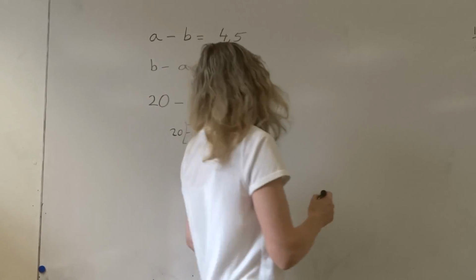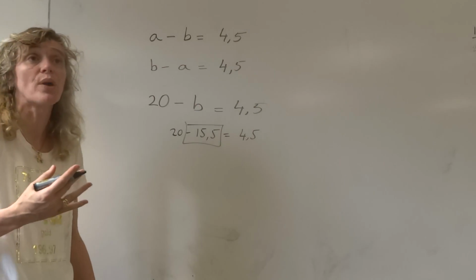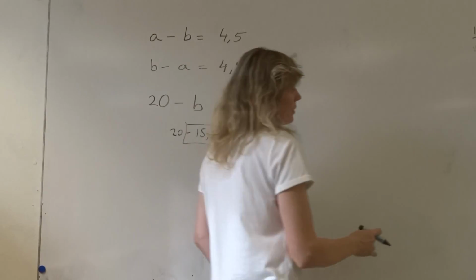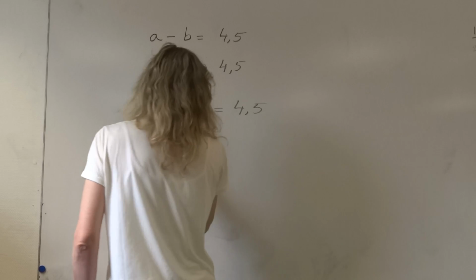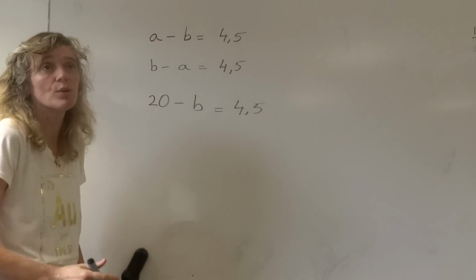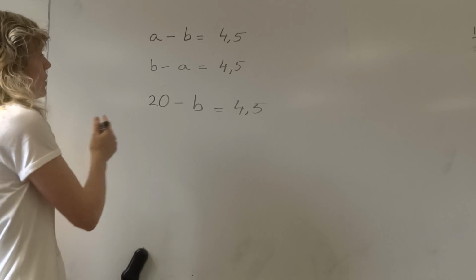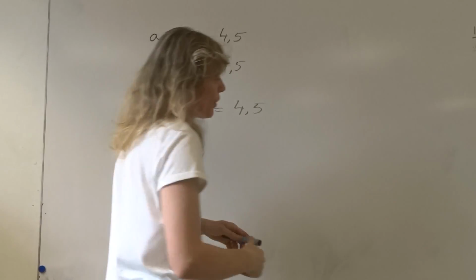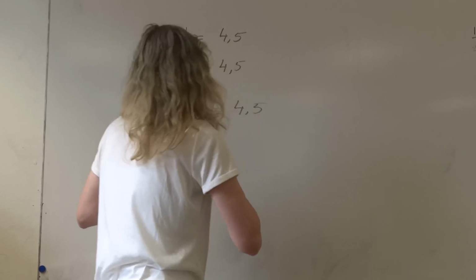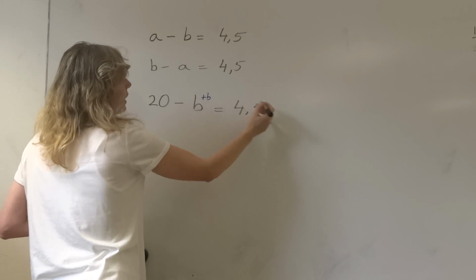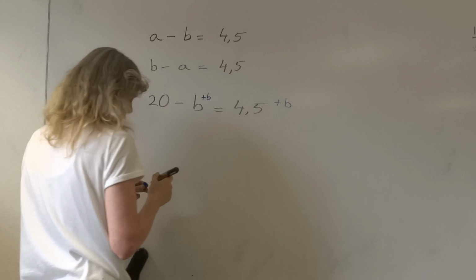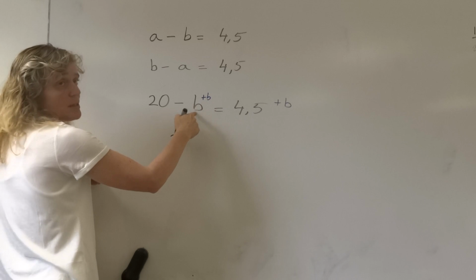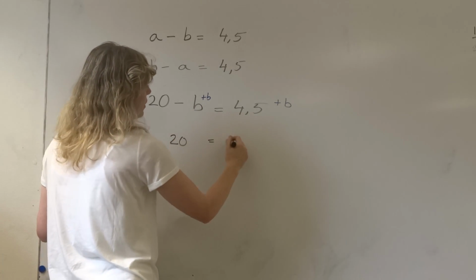But let's solve it using our algebra skills, because that's what we've been practicing. We don't want a minus b on this side. We would like the b to be positive. So if we move b to this side of the equal sign by adding b to both sides of our equal sign here, we would get here that 20, b minus b is 0,